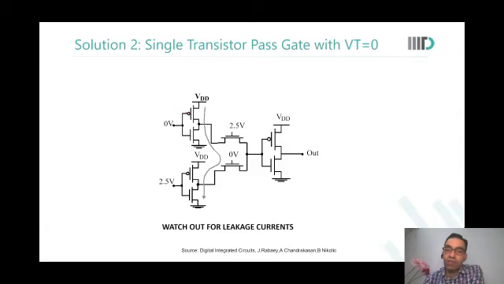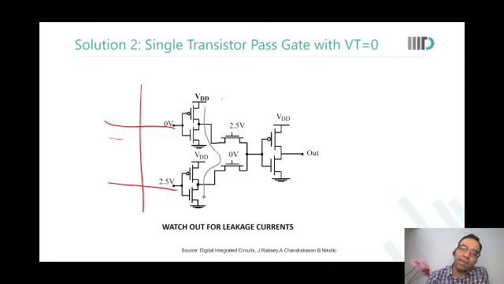You have to be extremely careful when you use PTL. That is why I said these inputs cannot be coming from outside the macro. If you really have these two inverters, the input should be coming from here. Then whatever current it is, you will be able to characterize within your own verification process itself.